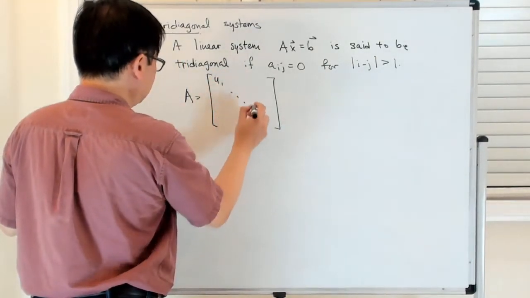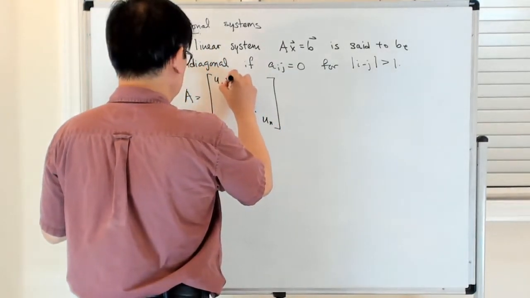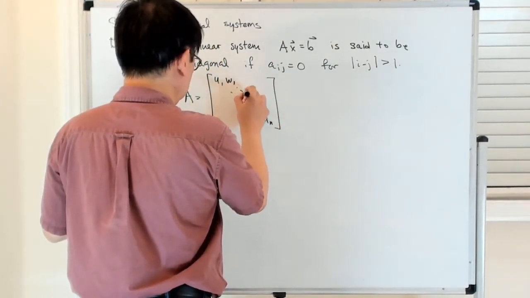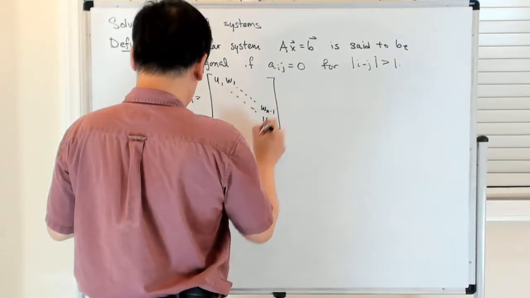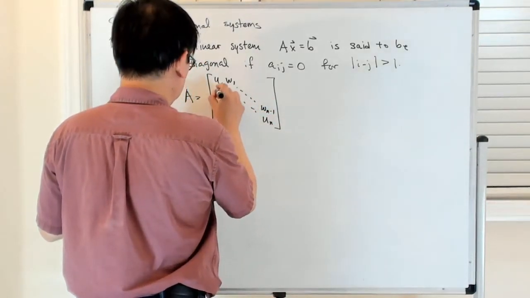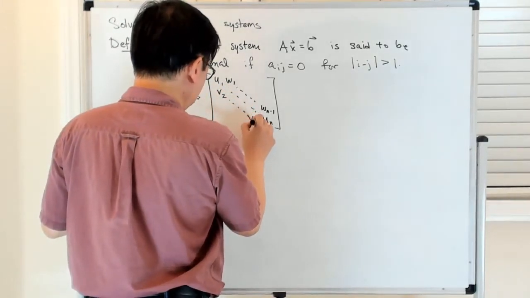There's a diagonal u1 to un. There's just one up, w1 to w(n-1), and then just one down, there's v2 to vn. Okay,